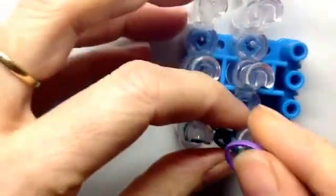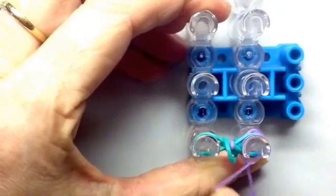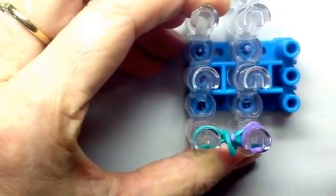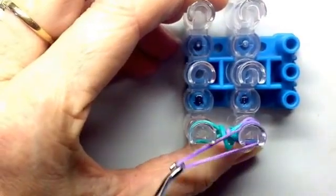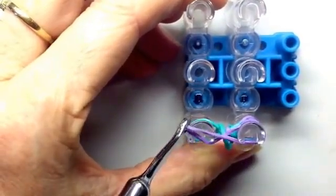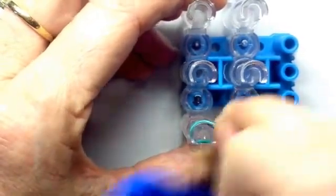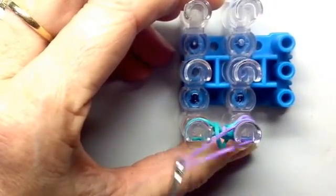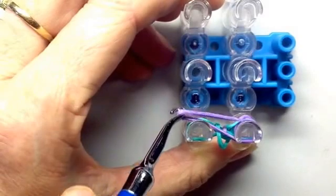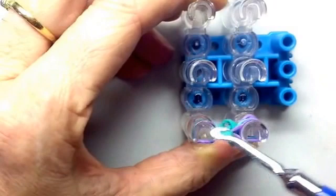So for the next layer, we're going to have again the double loop on this side. So however you want to loop it is okay. You can even let it go on a double loop and take this one up and over this way. Oops. So you do it like a cap band, and then you go either up and over that way, or maybe it would be easy to do up and over that way and get your loop on that way, and then you loop this side up